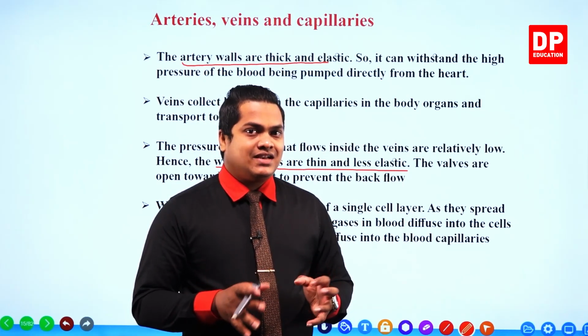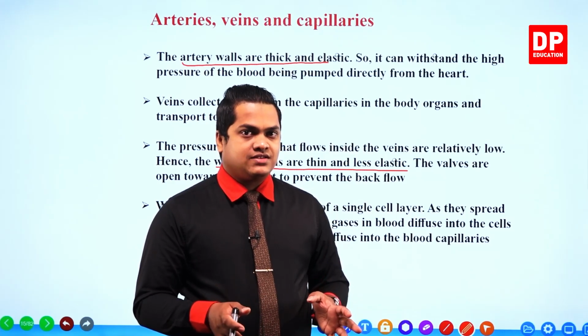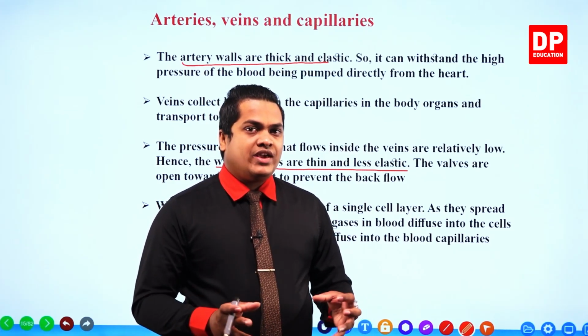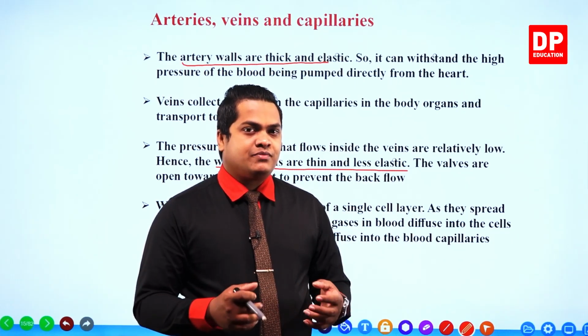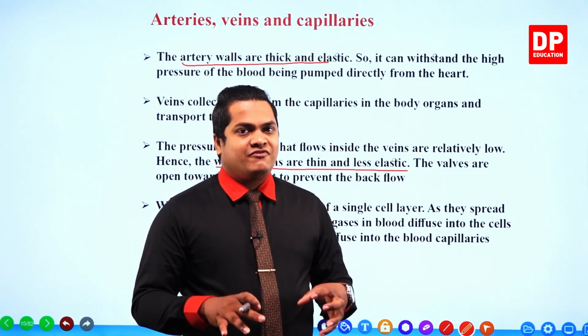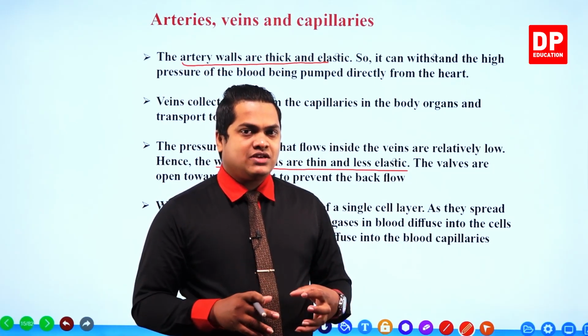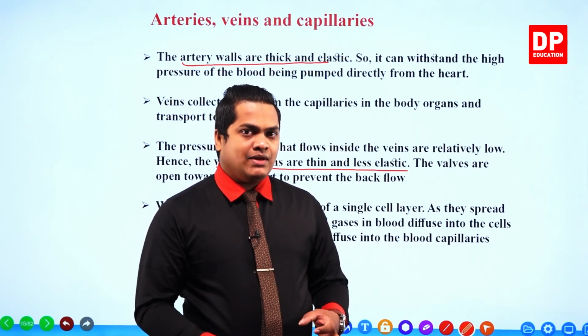Organs contain tissues and cell layers and different kinds of cells. Within these cells, waste materials and excretory materials are produced through biological activities. So these waste materials are diffused into the blood within the capillaries,